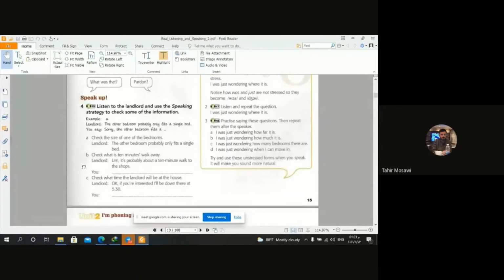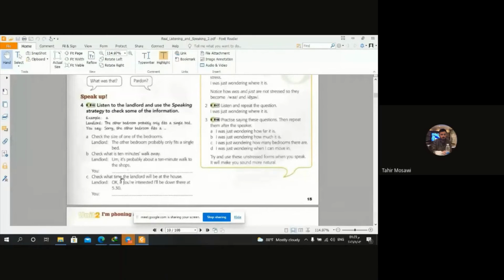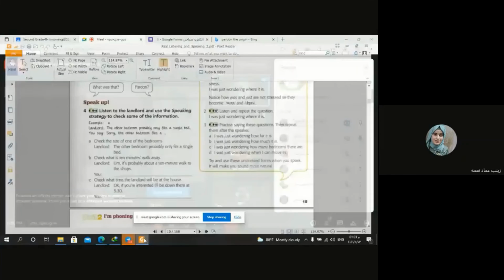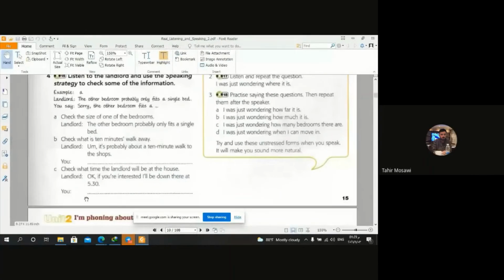هاي الحكاية اللي قالها، ونريد نعرف المكان اللي خلال 10 دقائق نقدر نروح له. ما سمعنا عدل. صاحب العروض يقول it's probably about a 10 minutes walk to the shops. بس احنا ما سمعنا الشوبس، او سمعناها بس ما متأكدين، نريد نتأكد.